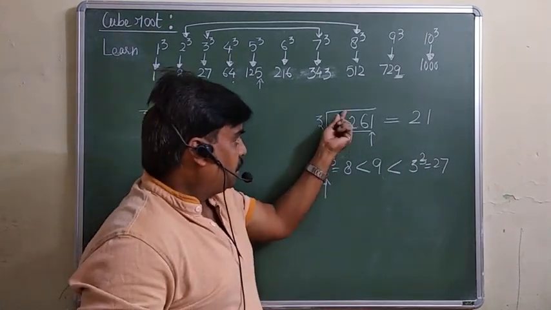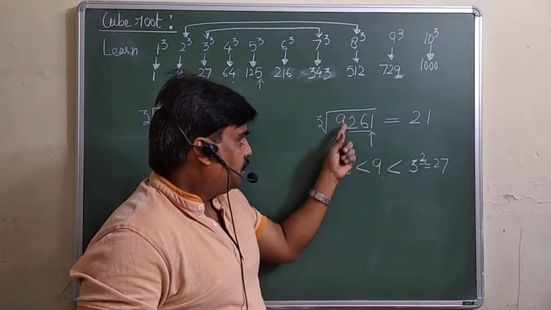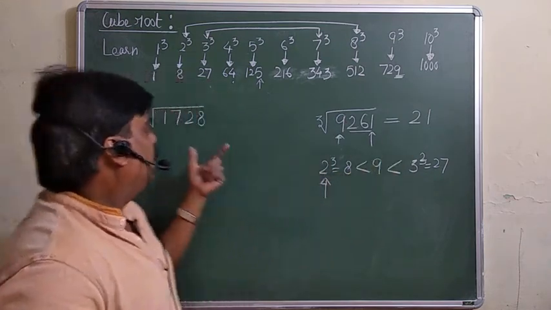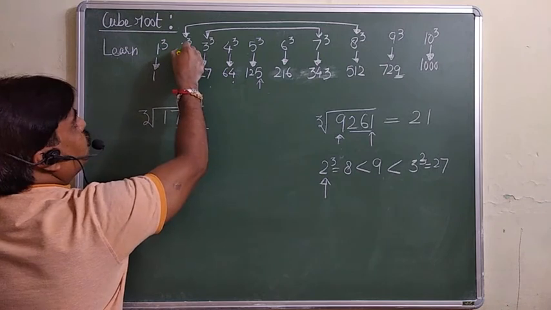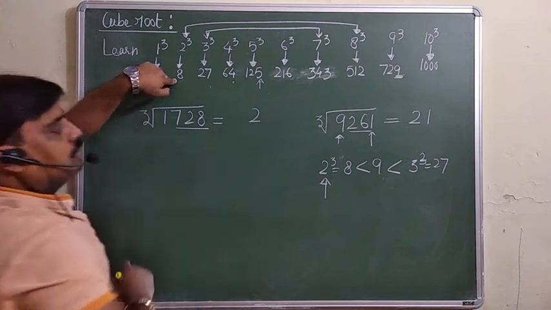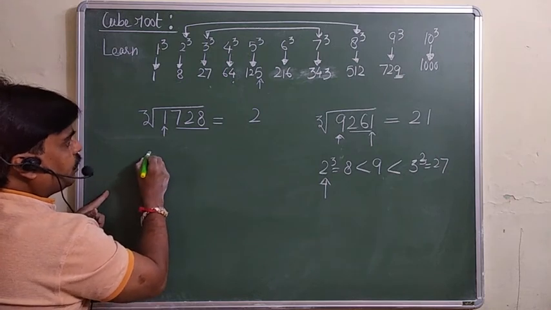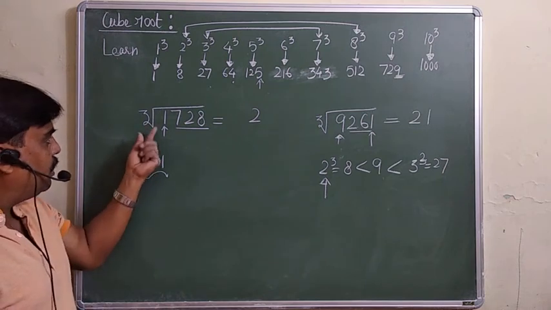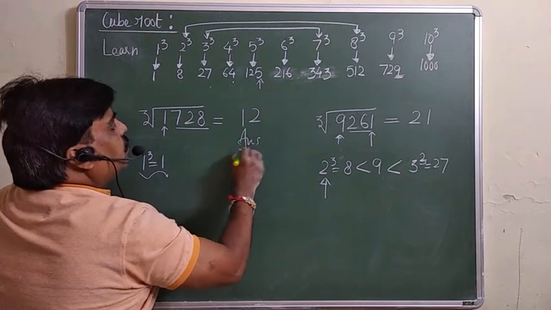It means we have to take this number between the cubes of two consecutive numbers, which should be greater than but less than this number only. So the smaller number we will take here only. But here it is quite different. Here you are taking 7283. So where will 8 come from? It means definitely your unit place digit will be 2, but now here is the 1. So if you do the cube of 1, you will get 1. If a number's cube gives the number itself, then you have to write that number only, 1. So the cube root of this one is always 1.